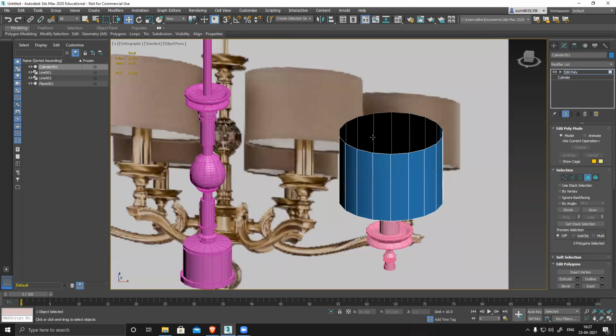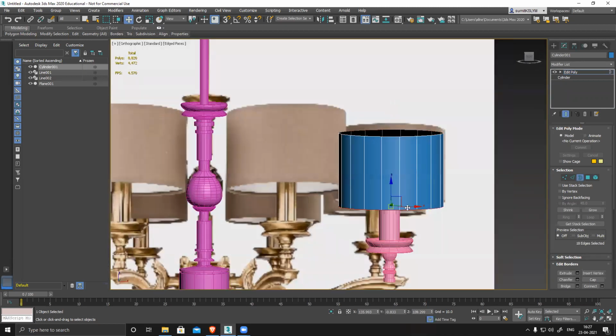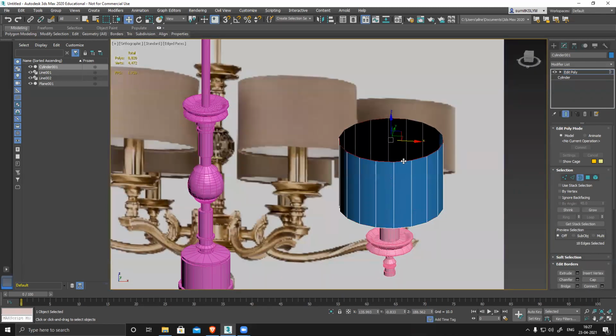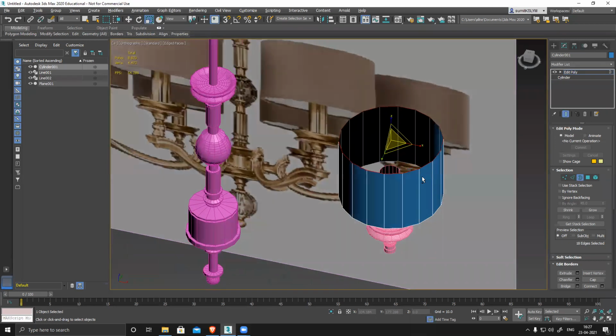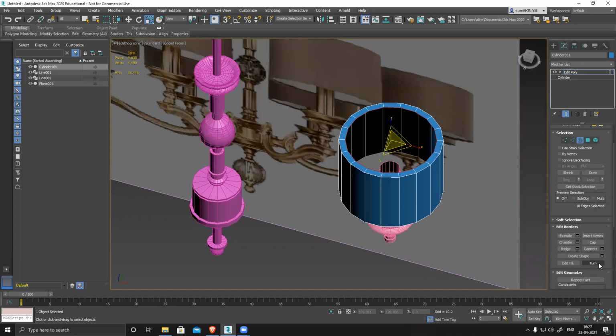Now I want to create a shape because these lamps are usually double sided. They have a thickness basically. So for this, go to scale, press shift and drag, and it will automatically extrude. It will extrude this part and create this section. And this lamp, okay. And I can just simply collapse it.